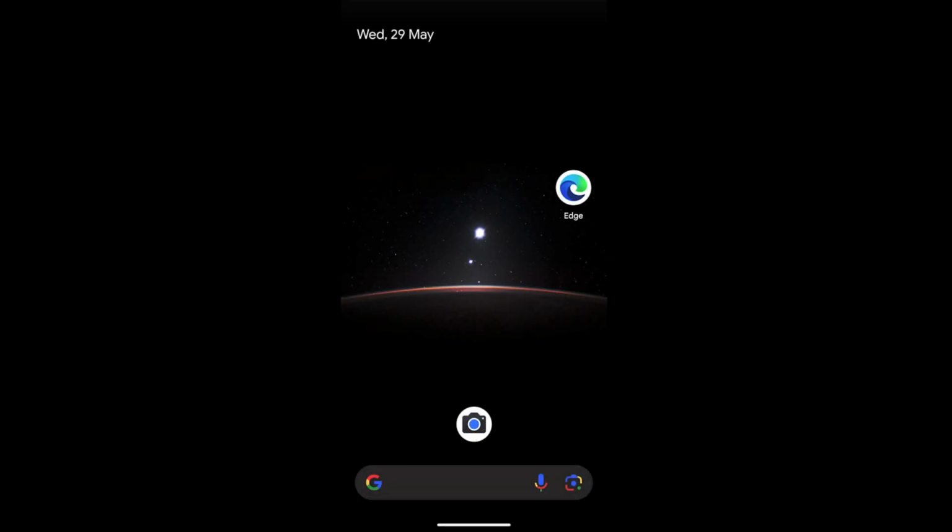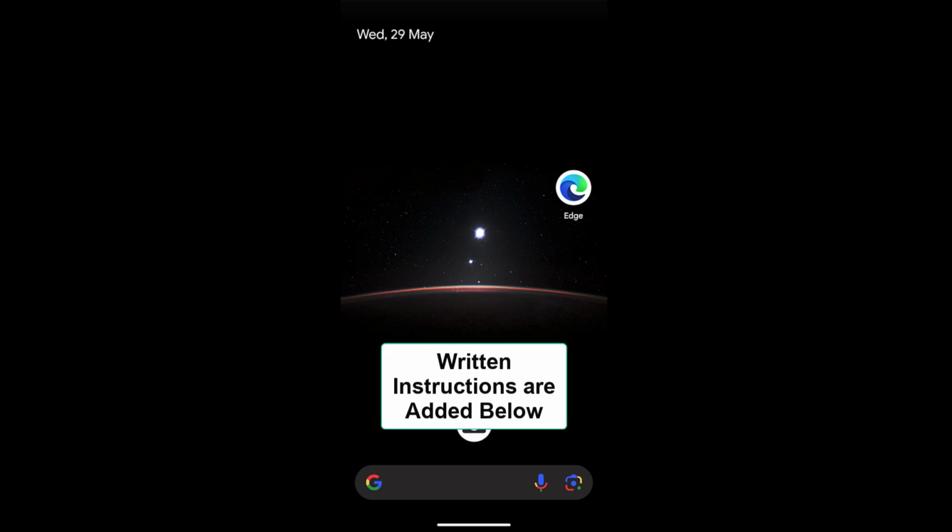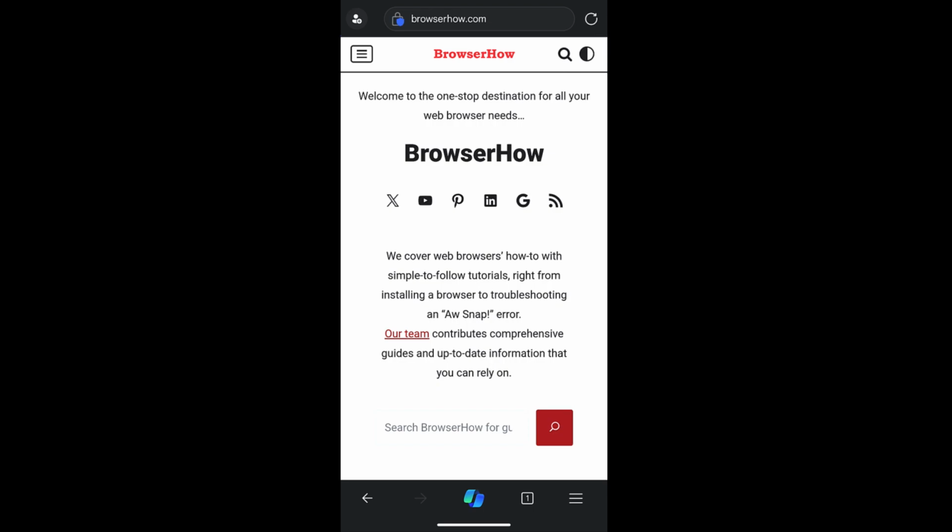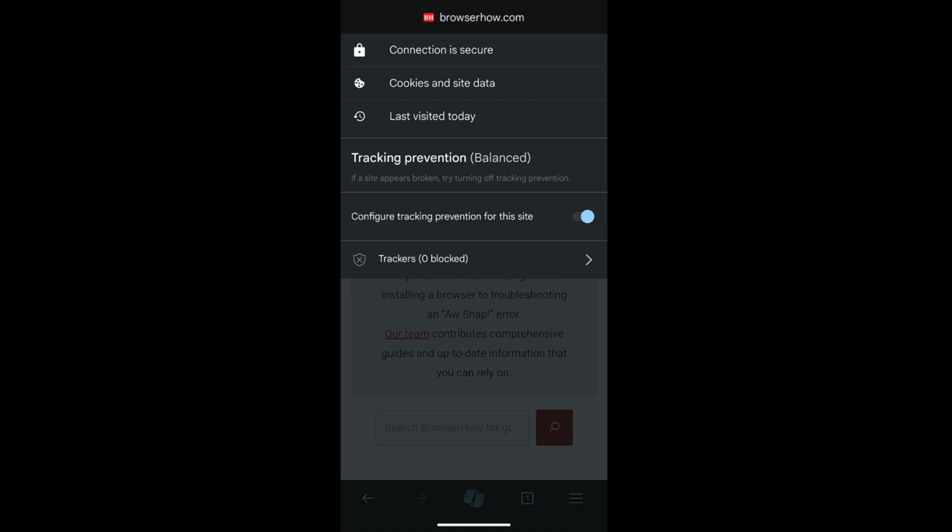Hello guys, in this video we are going to learn how to clear the site cache data from Edge app on Android. So open any of the website in your Edge app. Once you open that, tap on this padlock icon in the address bar, and here at the top you have